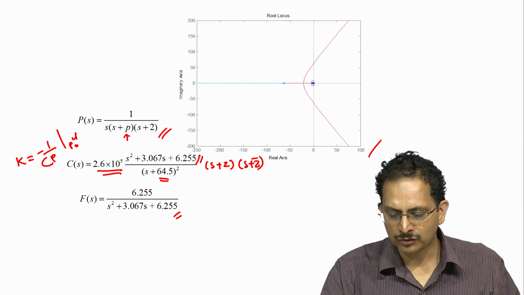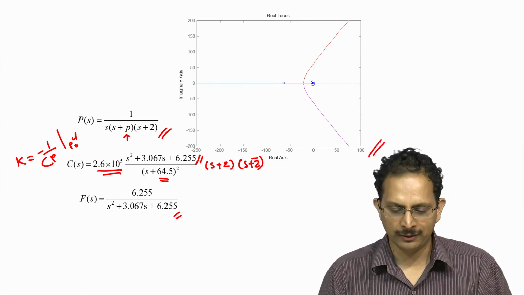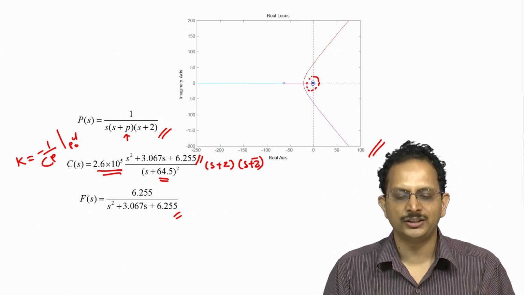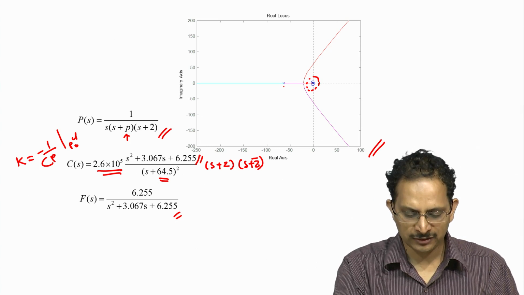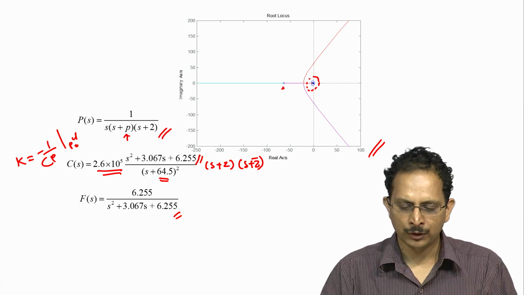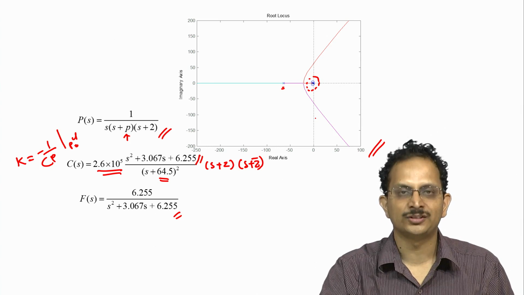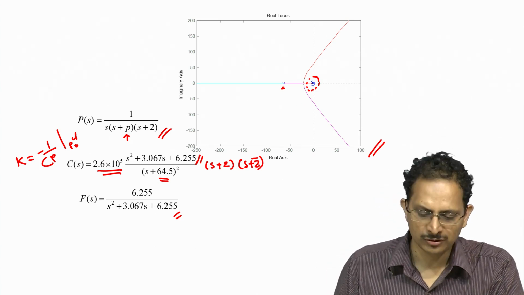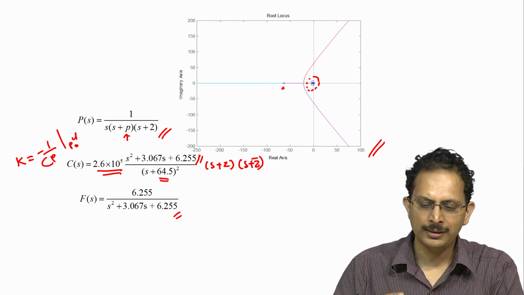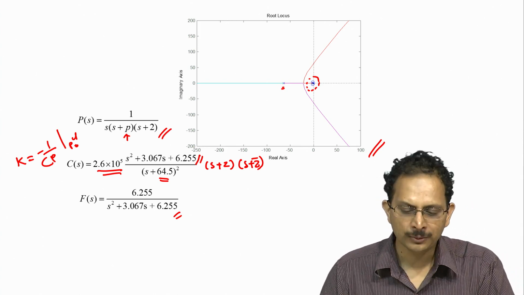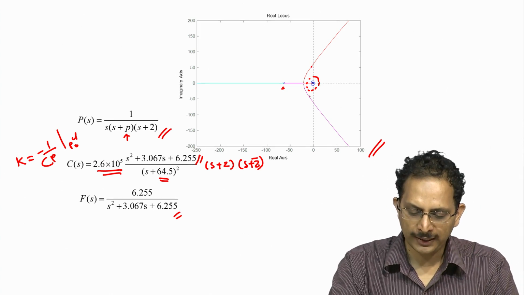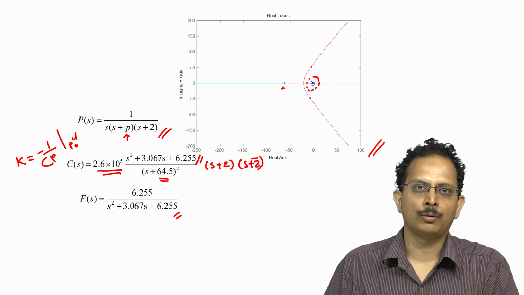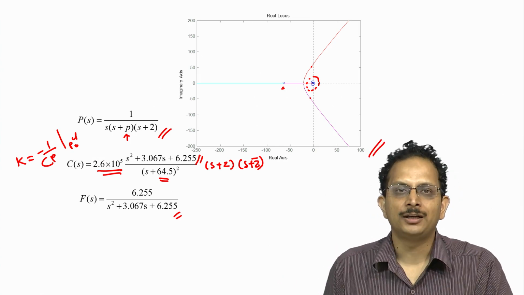The overall root locus of this system is given here. All the poles of the plant and the controller are bunched somewhere near the origin, and the point -64.5 is located here. So we have two branches of the root locus which arise because of these two controller poles at s is equal to -64.5, but by design we have made sure that the closed loop poles that are located on these branches do not cross over from the left half of the complex plane